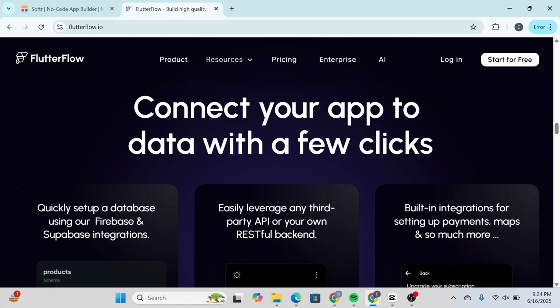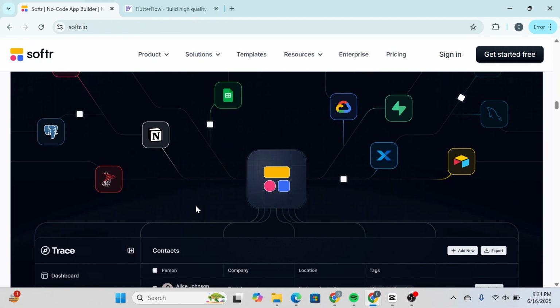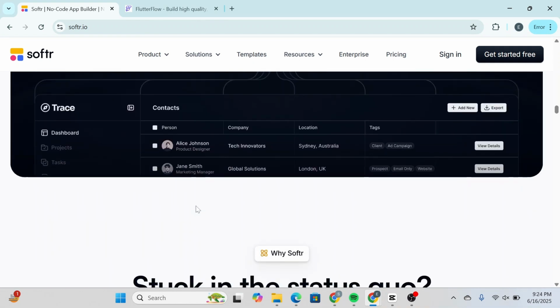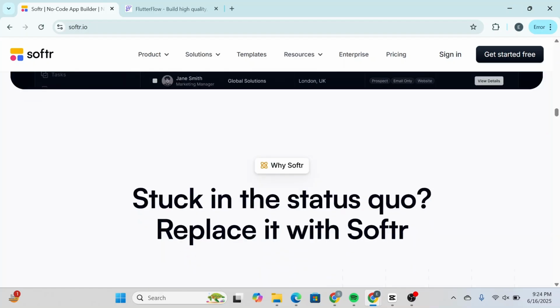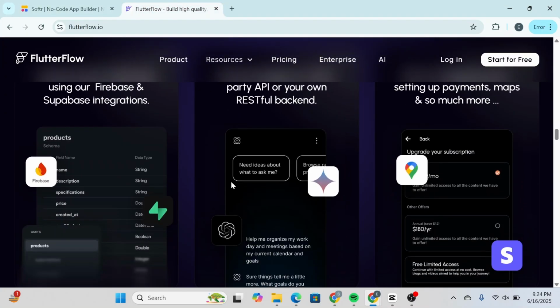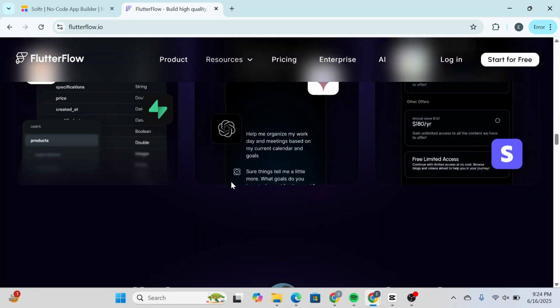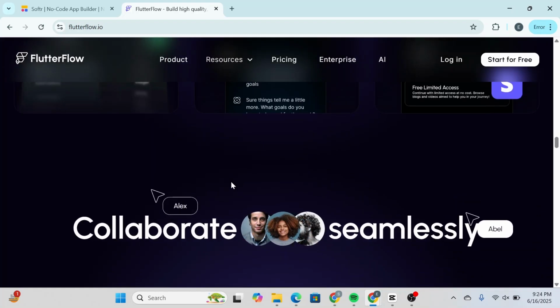So, which one should you choose? Use Softr if you're building something simple, internal, or for quick delivery. If you don't need advanced functionality or mobile development, it's the easiest way to go live fast, no code, no stress. Use FlutterFlow if your goal is to develop a complete app, one that's scalable, interactive, and ready for publishing to app stores. It's built for growth and offers serious power under the hood as long as you're willing to